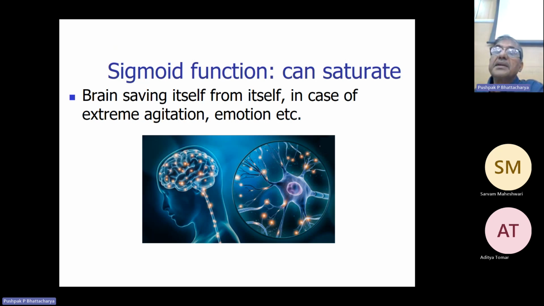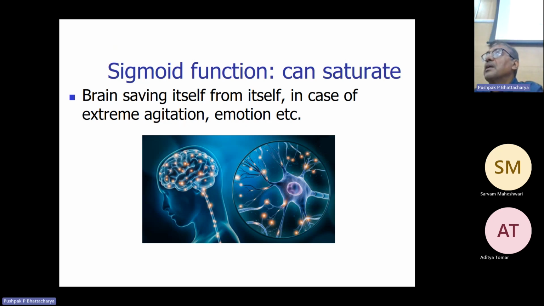So what happens in the brain is that in case of intense emotion, lots of neurons fire and they do this furiously. And unless the brain has this saturation mechanism, this kind of intense firing can get into a